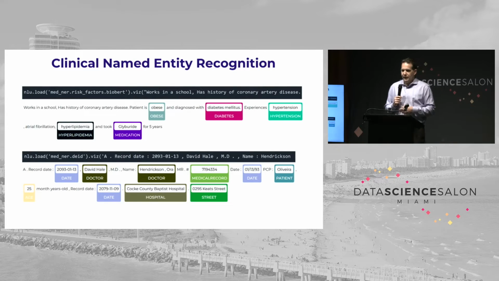Social determinants of health and medical risk factors are very popular, right? So if you have a patient, you want to know, are they at risk for something specific, heart disease, kidney disease, whatever may be the case. So knowing whether they have diabetes, hypertension, obesity is very important. And in the example you can see below,